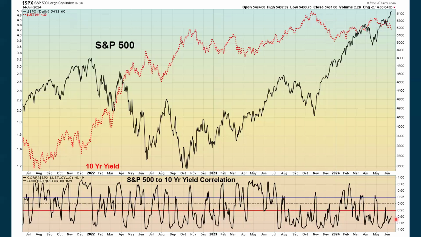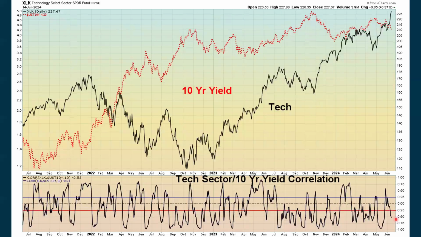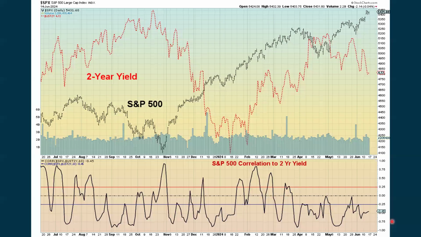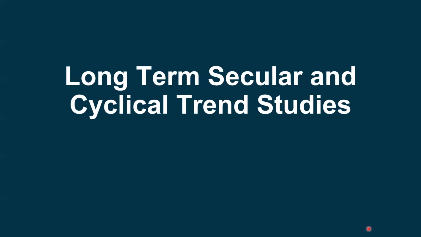If interest rates are down, that typically is helping stocks. We also look at the 10-year yield compared to tech, and also a tendency to go in opposite directions. And then the S&P to the 2-year yield, also pretty strong, but not really strong tendency to go in opposite directions. We look at some long-term secular, which can mean decades, and cyclical trend studies, which usually means possibly years,